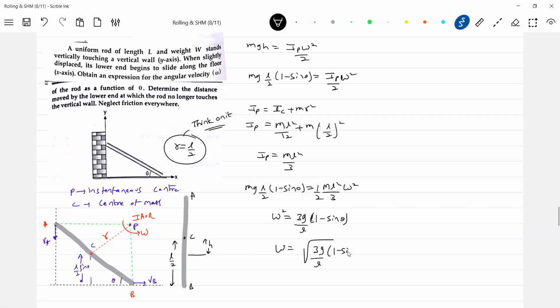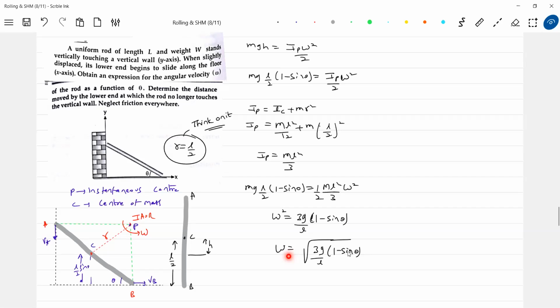Better do remember, this is standard data. If you have a formula book and you have taken a printout of that, then you can enter these things in the exam. Why should you do all this? You can directly start from this question. So this is standard data. Please do remember the angular velocity.